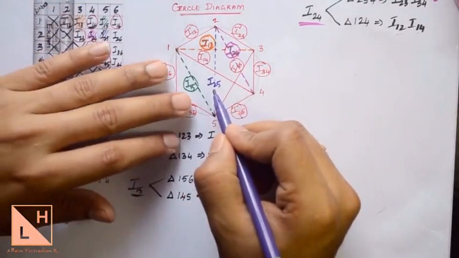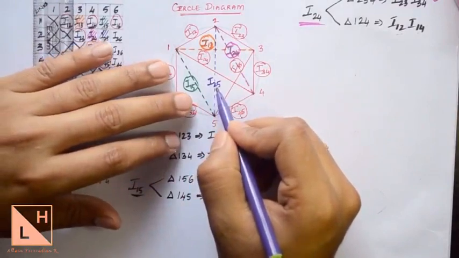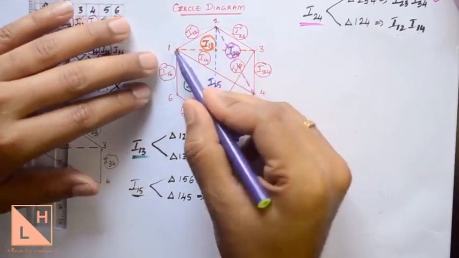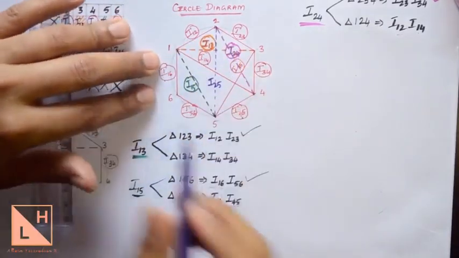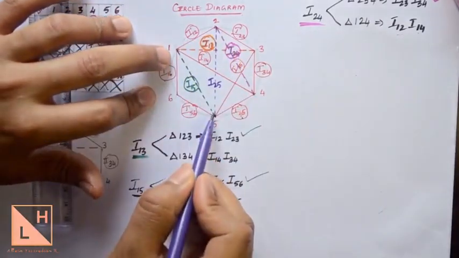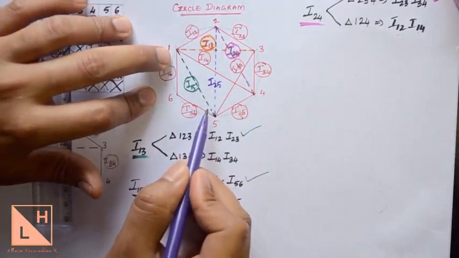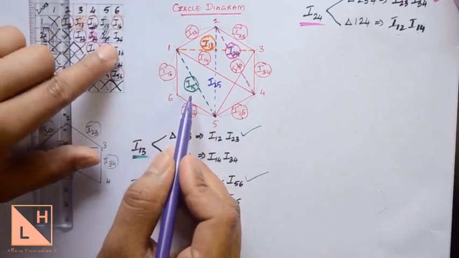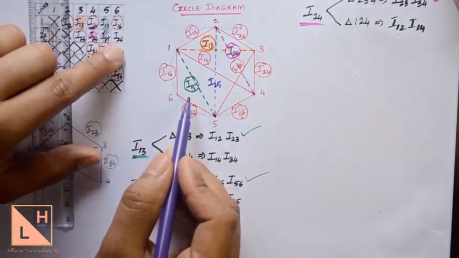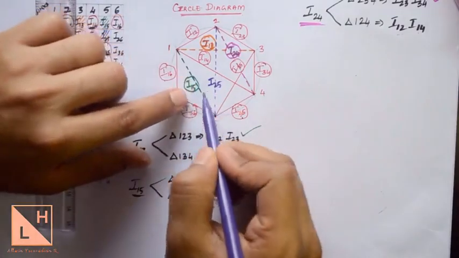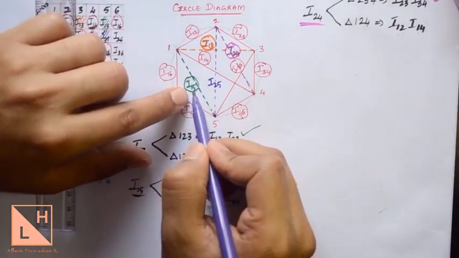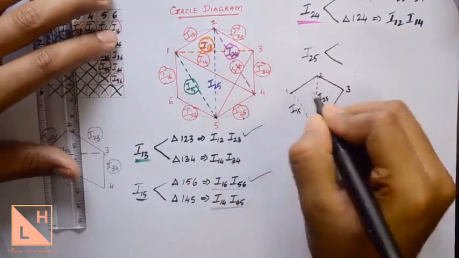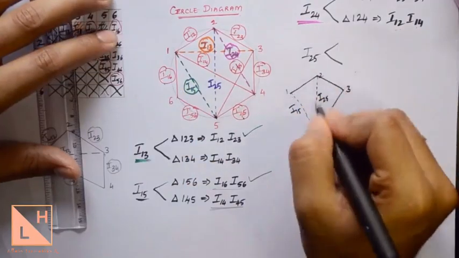The triangles that are formed because of I25 are going to be 2, 3, 5. The other triangle that we'll find here is 1, 2, 5. Though 1, 5 is something which we found out newly and it is a dotted line, remember it is already found. The things that are not found are still over here in the box, which are not hatched. Okay, so let us just assume now that I15 is already found and this is also a visible line. 1, 2, 5 and 2, 3, 5.